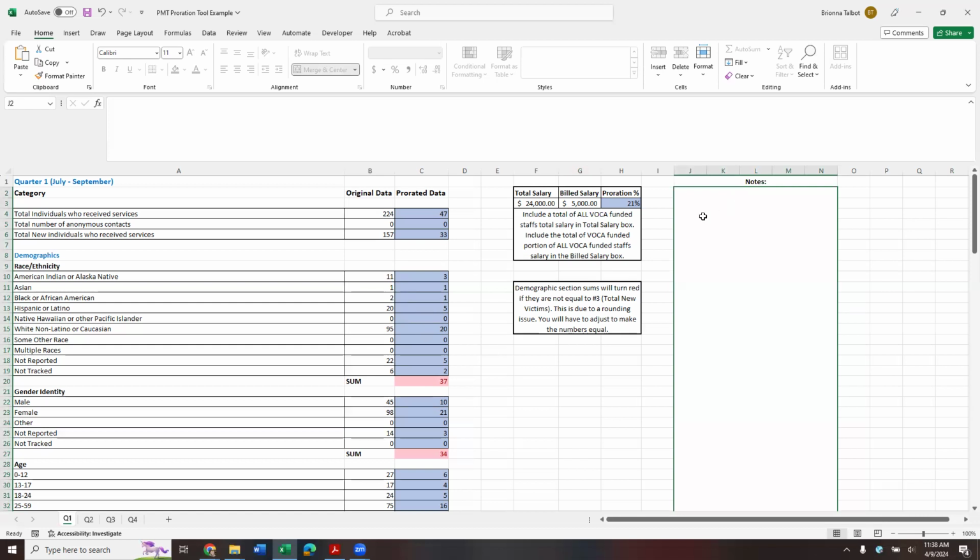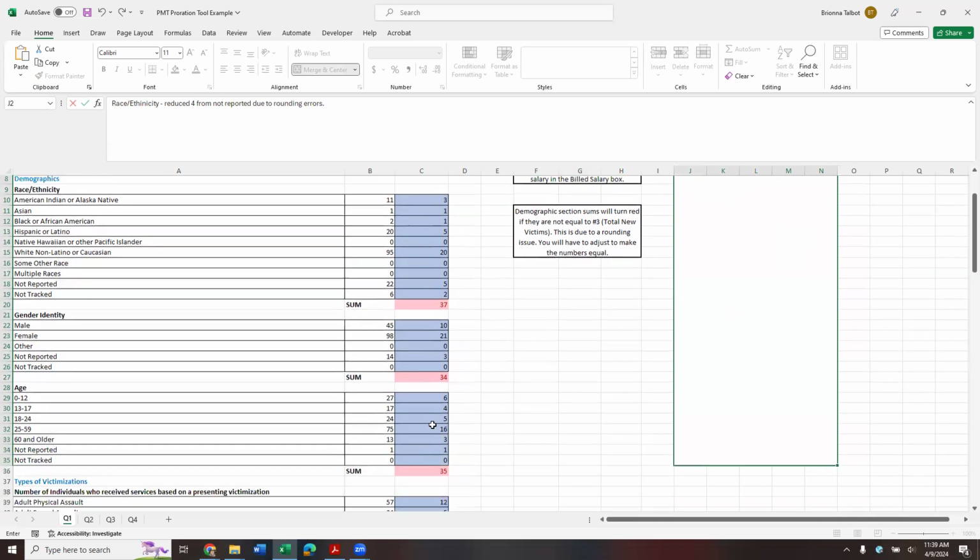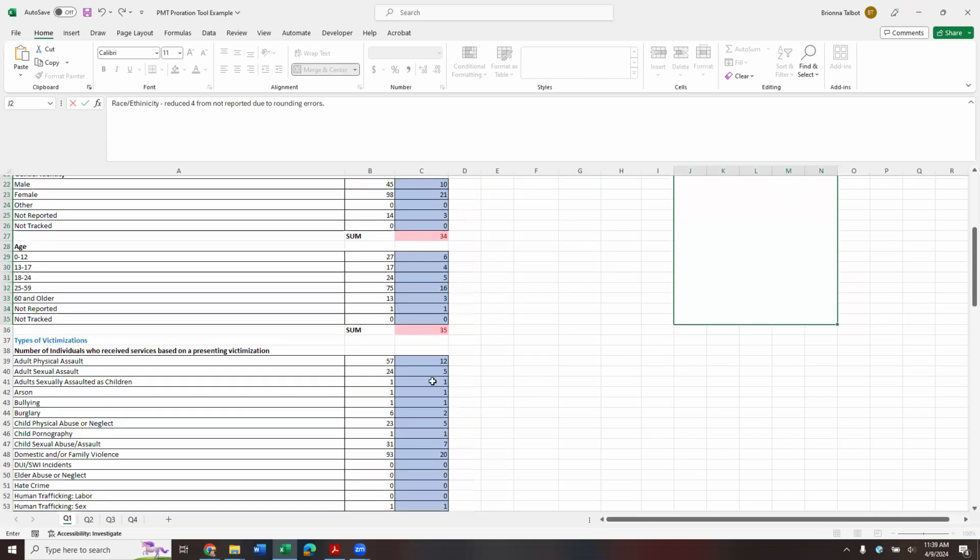So just for ease of this, I'm going to put a note in here that says race/ethnicity, whoops, reduced 4 from not reported due to rounding errors. And then I have that note in there, and if I get a desk review and they review this, they're going to see, hey, this is different, but they have the note for why it was changed. And then you can do the same thing for your gender identity, your age, and then we get down to